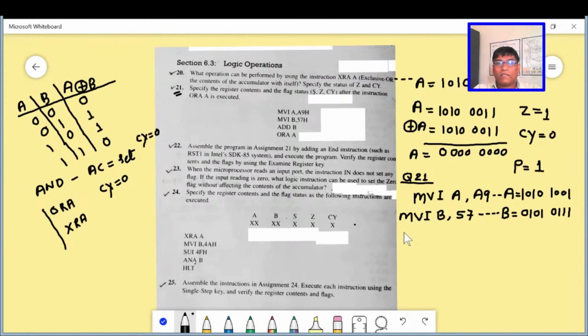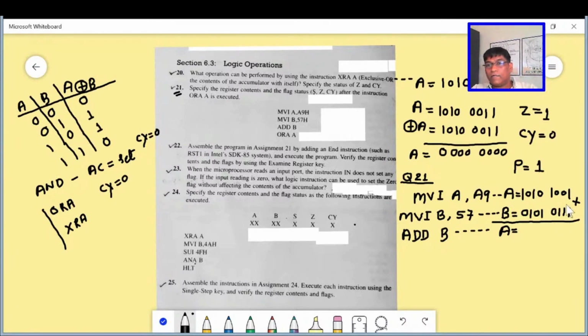Then we have the instruction ADD B, which means after execution of this instruction, the accumulator content will change. How will it change? This B content will be added to the accumulator, and the result will be stored in the accumulator.